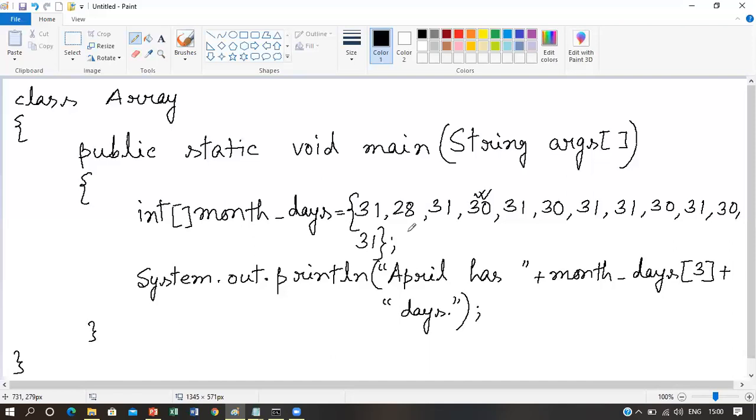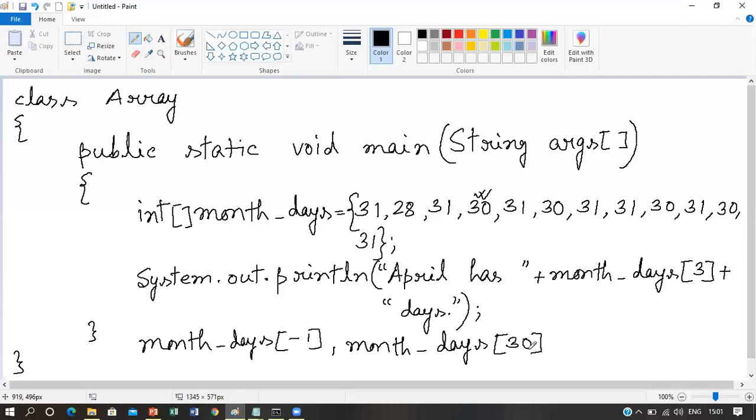If you try to access elements outside the range of the array, suppose you want to access an array index like monthDays[-1], which is a negative index which is not there in this array, or you want to access another index which is, say, monthDays[30]. This index position 30 is also not there in this array.